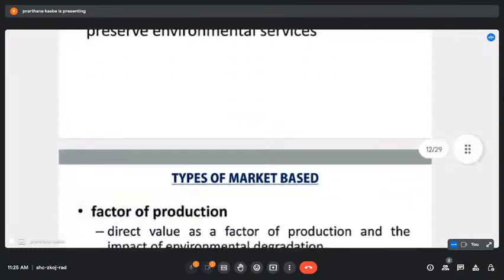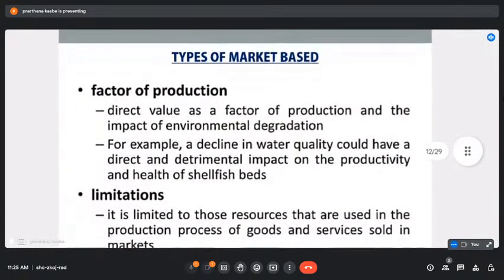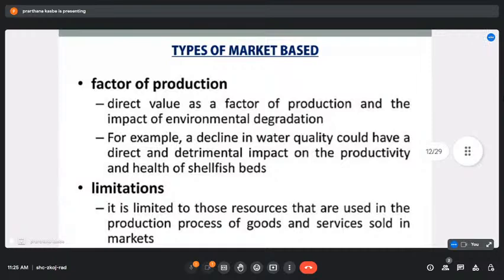Another one is the factor. These are the types of market based. There are many types of market based methods, among them the factor of production,